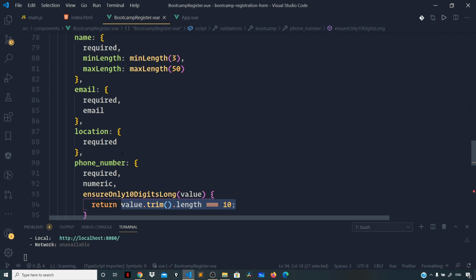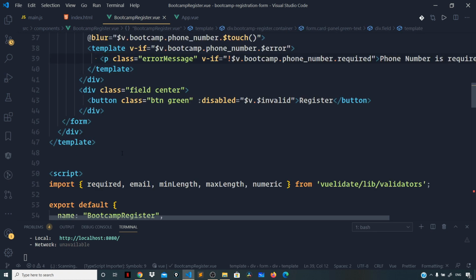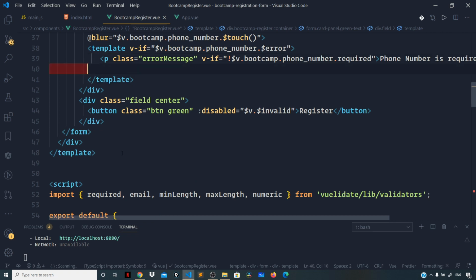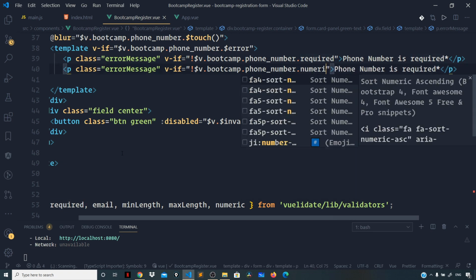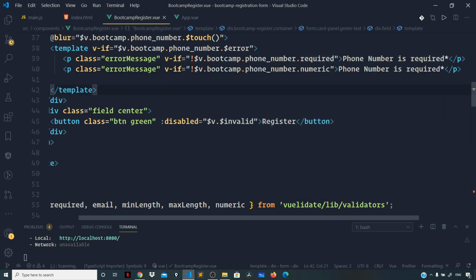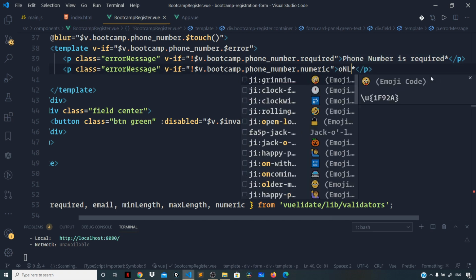Now let's go back to the template and add both our numeric validation and our custom validation to ensure that only 10 digits are allowed for the phone number form control. So right here, let us copy this P and paste it down below and change this to numeric. If whatever the user wrote in the phone number field is not numeric, it is textual data, then this error will get rendered, which is